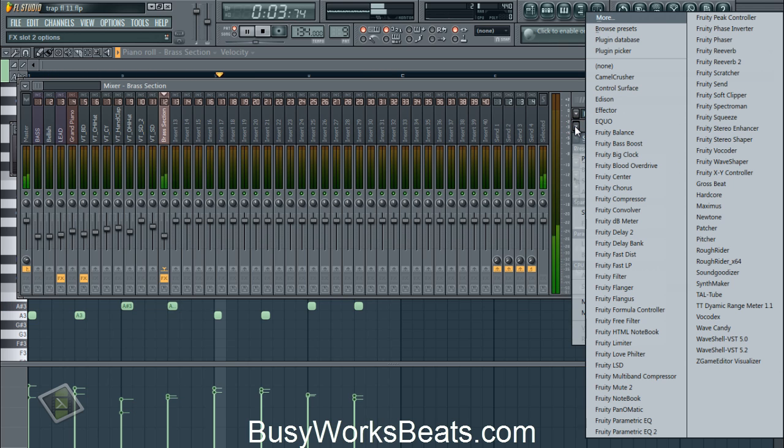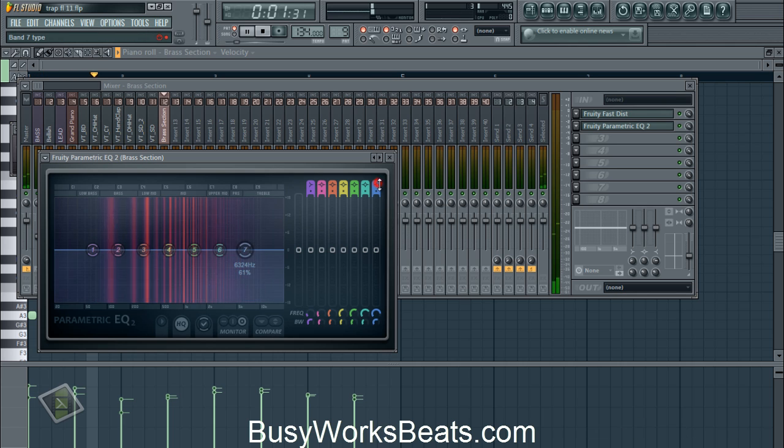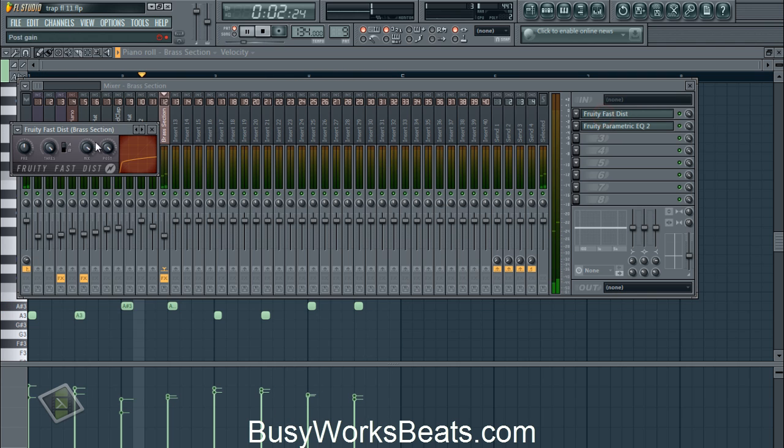So we can add either B-type distortion, or you could add a filter. Let's do a parametric EQ2. Just gonna give this a low pass filter. Drag that down and drag it sharpness wise. Now we're gonna go to fruity fast distort and change it to B mode.